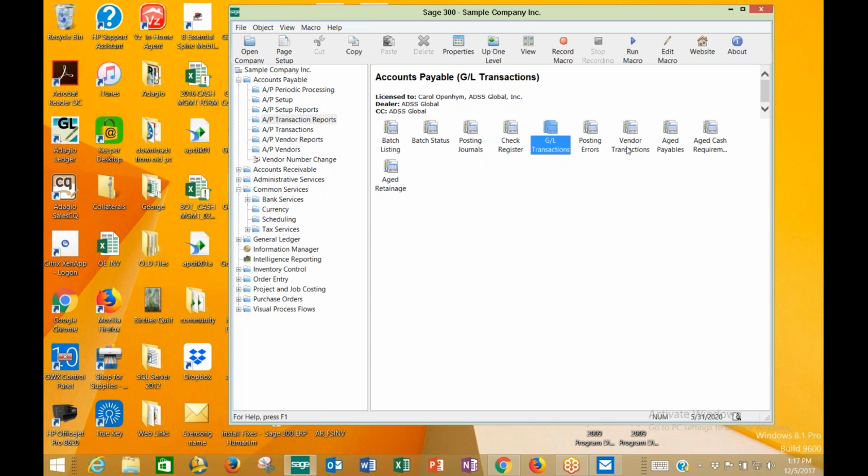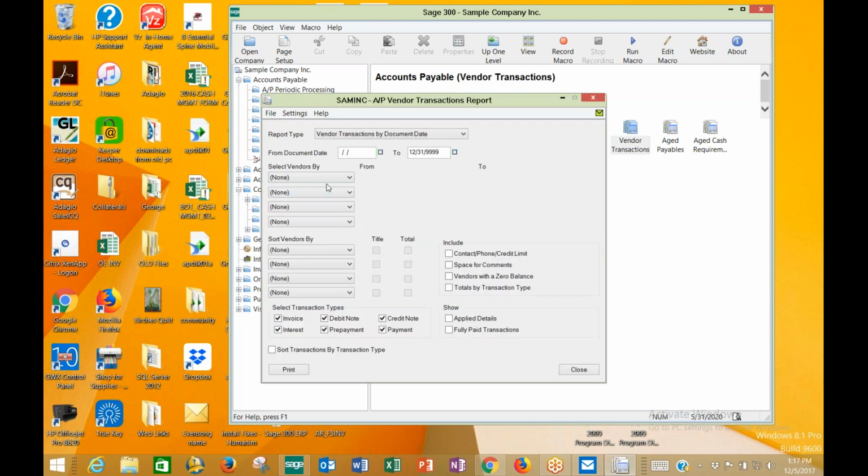We talked about posting errors, transactions for a specific vendor. I go 01 and I choose that. Then I can choose what kind. Maybe I just want to look at